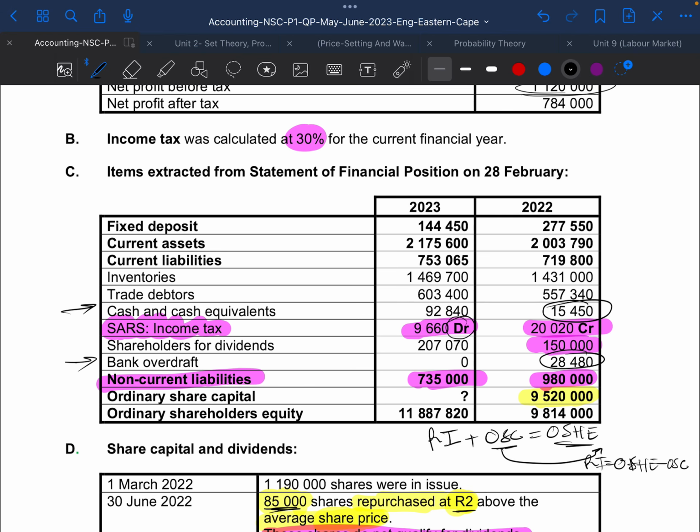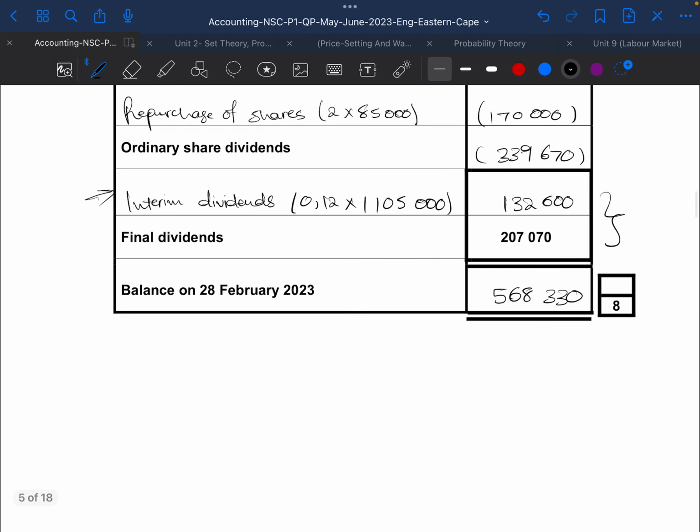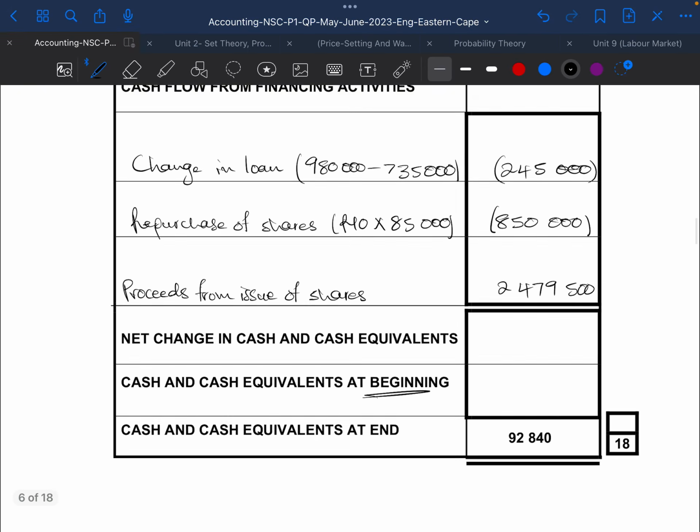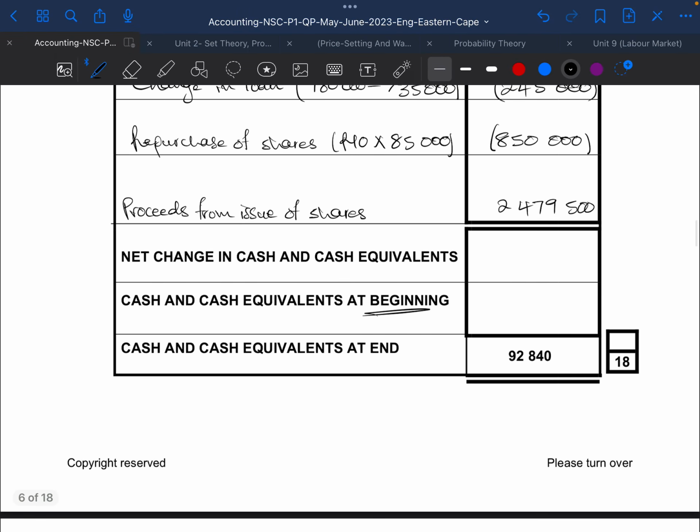So we can just take this 15,450 minus 28,480, and that will give you a negative answer of 13,030. So what I said here, it's 15,450 minus